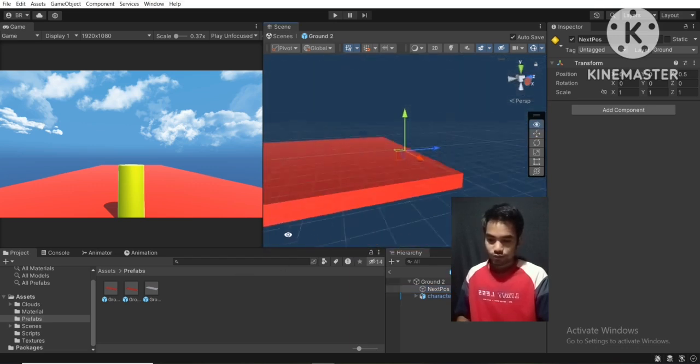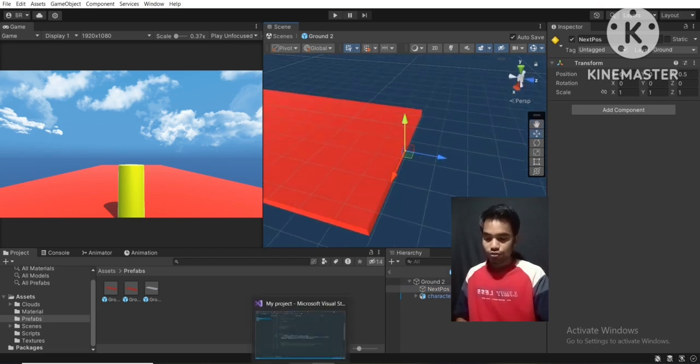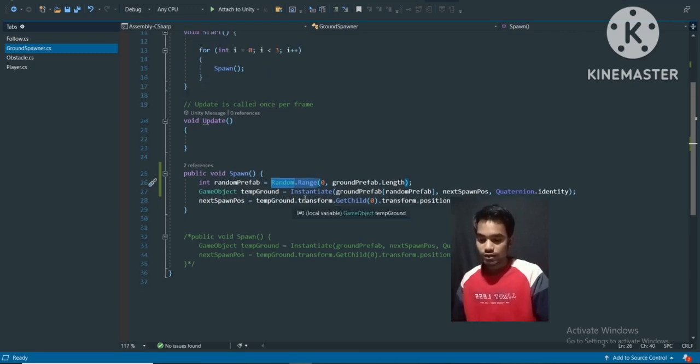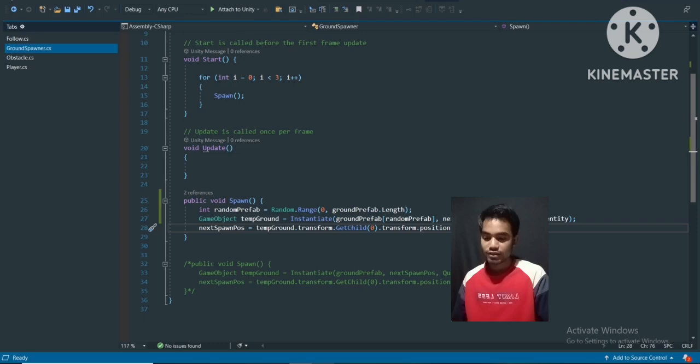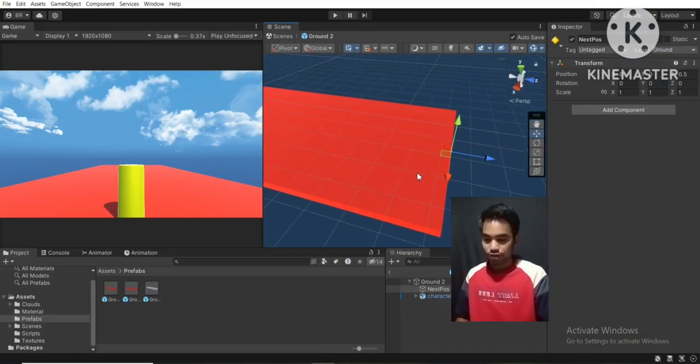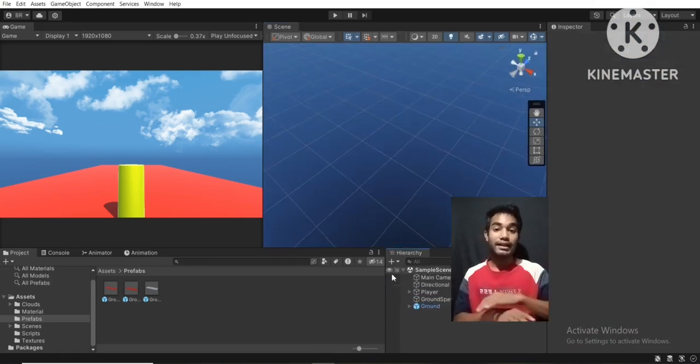So instead, as you can see, 0 is the first child. So you can leave it. In the next video we're gonna talk about it. Okay, now it's fine. As you see, it's spawning all of the grounds, ground 3, ground 1, and the list